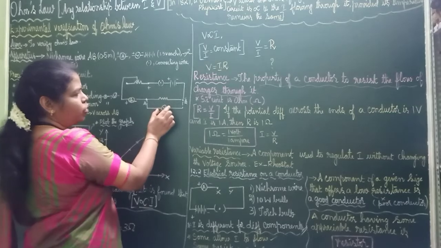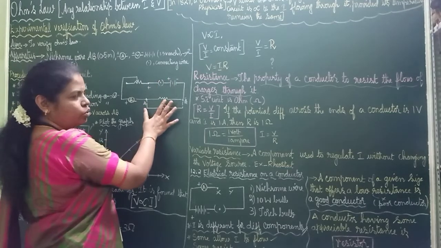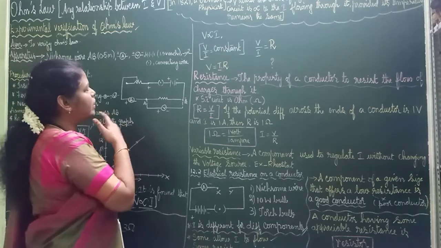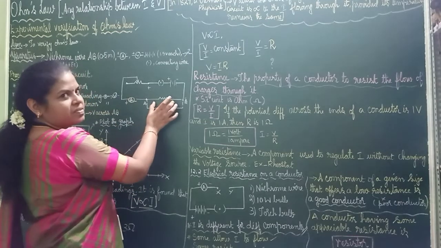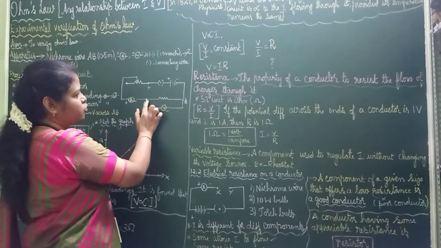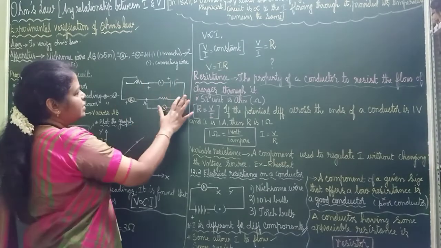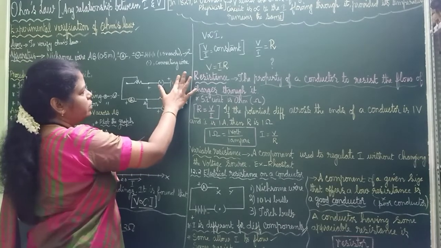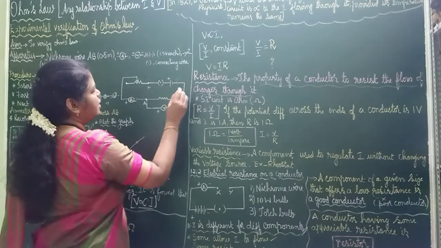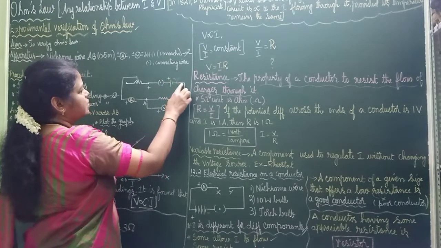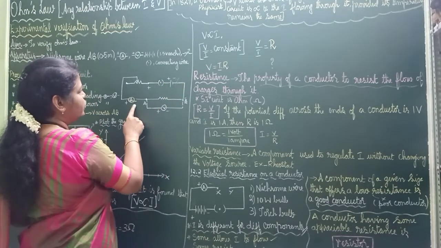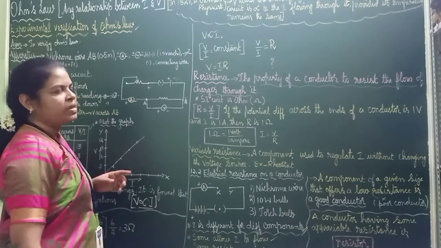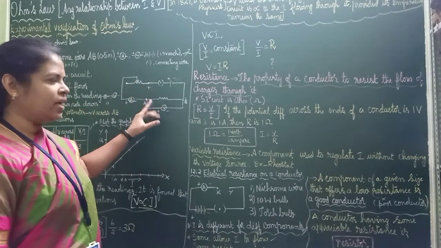We can't connect the voltmeter here. It should be connected only in parallel, across where we are going to study the potential difference. So we are going to study the potential difference for this wire, and I have connected it here. In this series, we will start with one battery first. This is plus, this is minus, and then it is connected to this wire. Then one ammeter, then the rheostat and key.